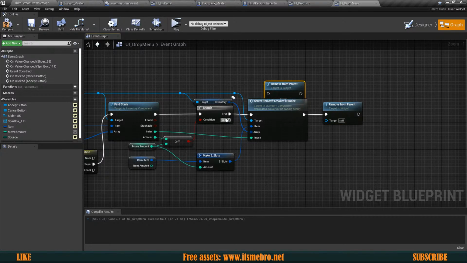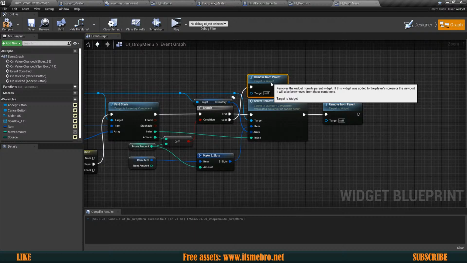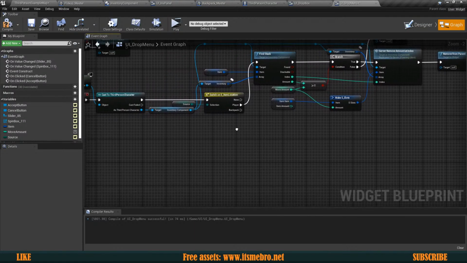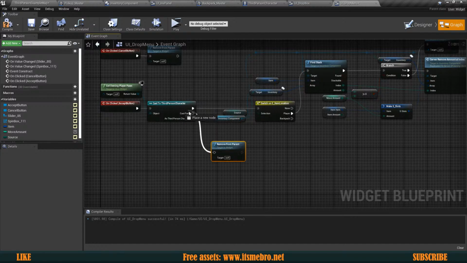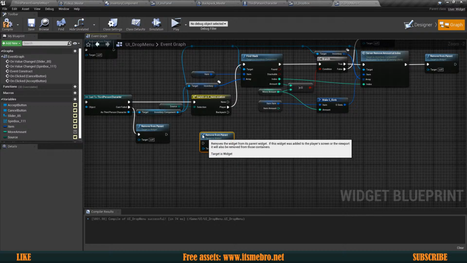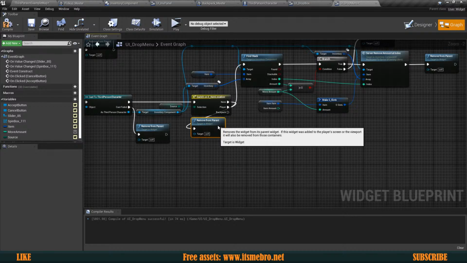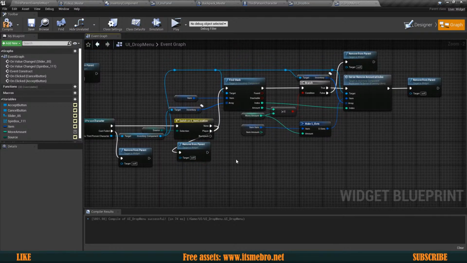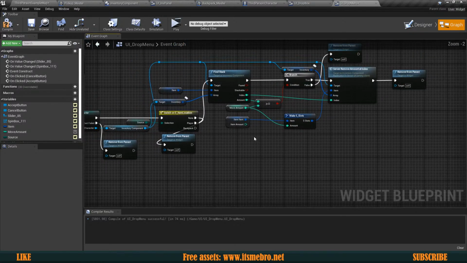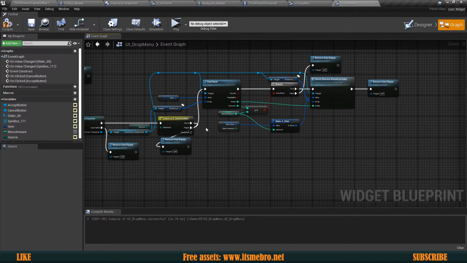So we have this, then we also want to remove the widget if we fail to find plenty of items. So probably from the cast fail, probably from the none just in case as well. That's a bit messy, but okay. And then for the backpack, we want to do pretty much the same thing, but